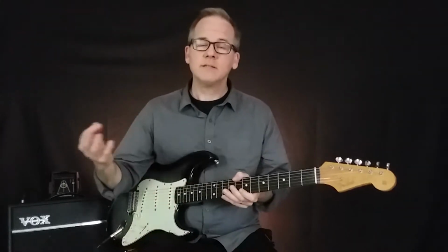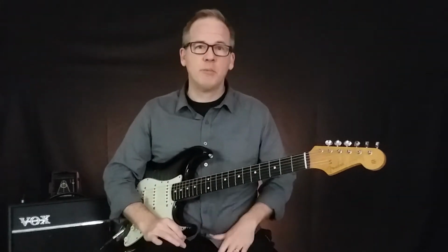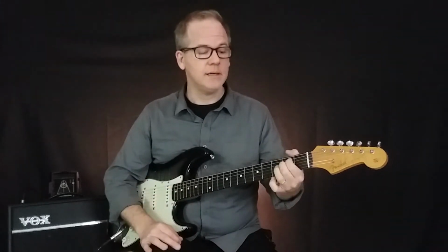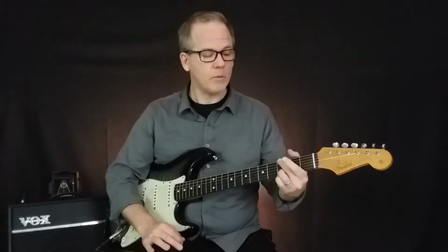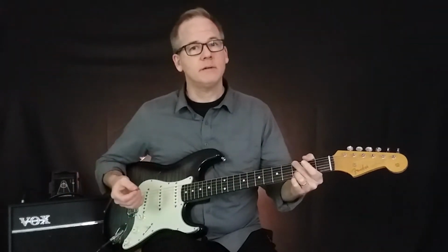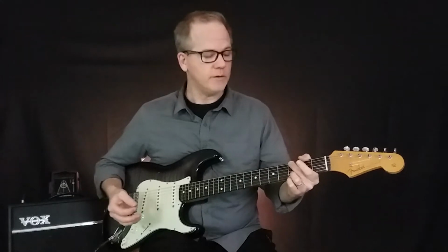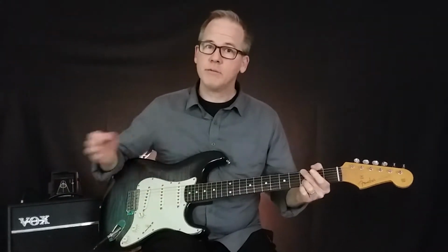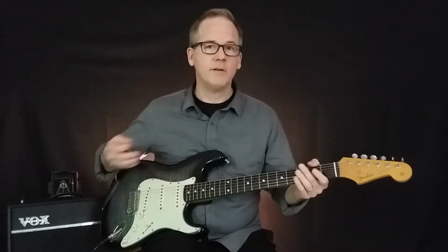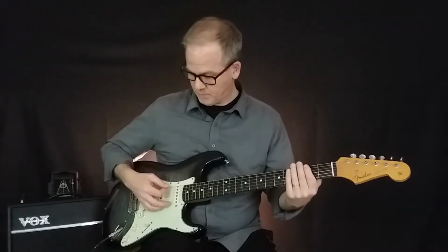So let's start out with a basic arpeggio pattern using four chords: G, D, E minor, and C. The first beat, I'm going to play the bass note of each chord, the lowest note, the root note. And then for beats 2, 3, and 4, I'm going to play strings 3, 2, and 1. A very simple pattern. So it would be